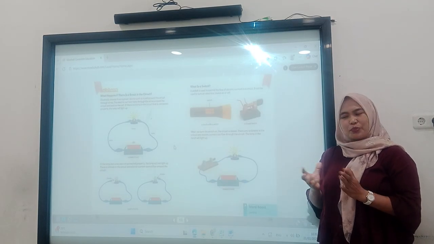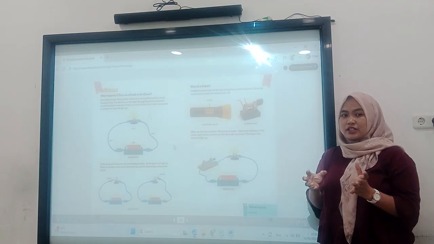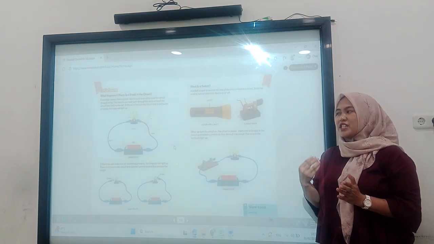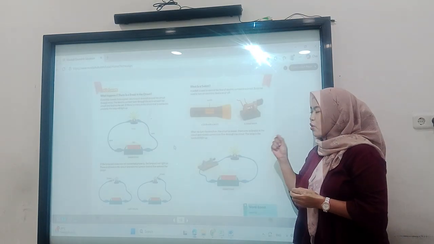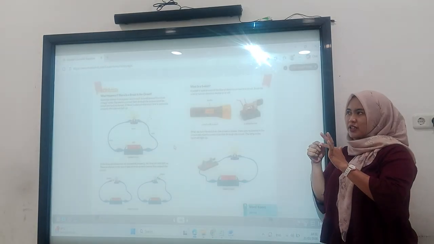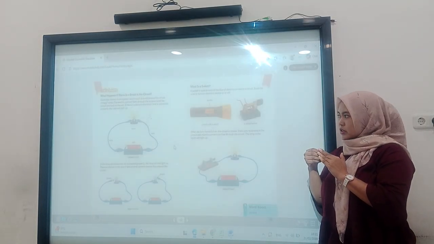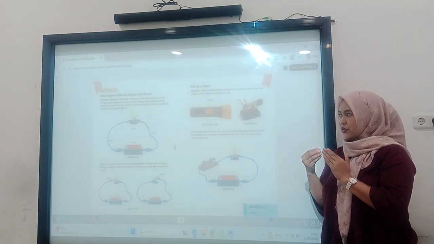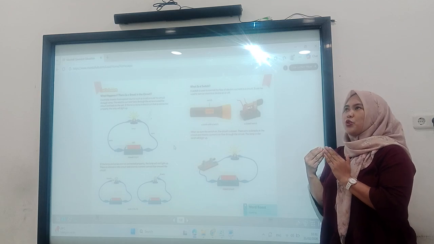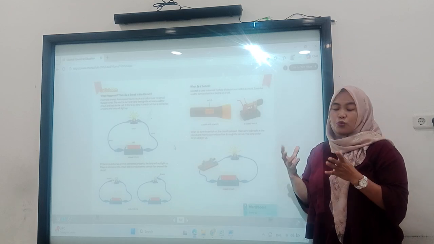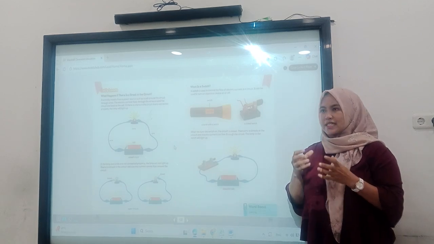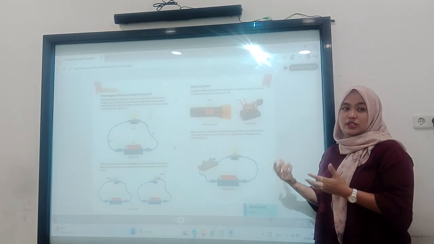why we need to pay attention to electrical shock. It can be dangerous to us if we touch the wire or the cable inside the wires. So when we want to make the electrical circuit, we make sure our hand is not wet. So it can be safe and will not cause electrical shock.